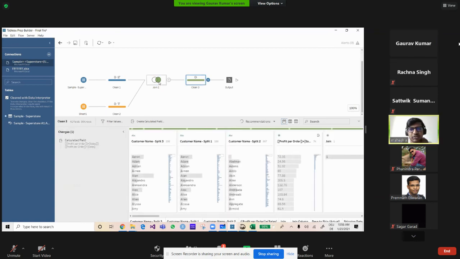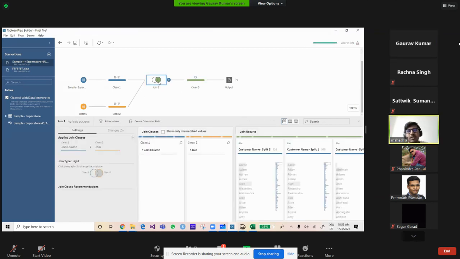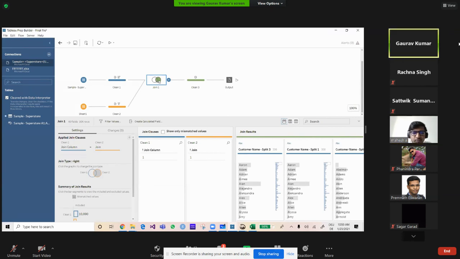Since someone mentioned relationships, my question is how relationships are different from joins in Tableau. No, basically the same thing. The join you have studied in SQL, the same concept is here. But they have given the flexibility without writing code.